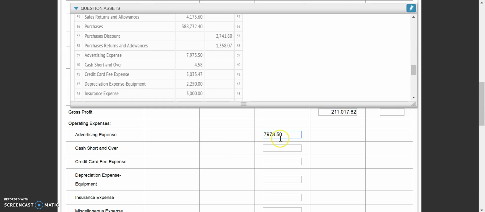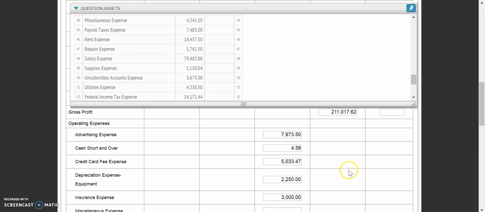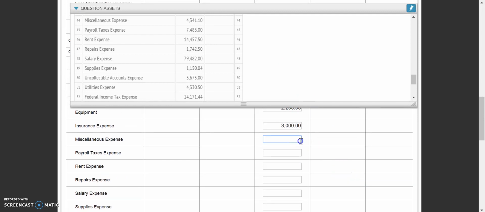$7,973.50, cash short and over of $458, credit card of $5,033.47, depreciation expense $2,250, insurance expense of $3,000, miscellaneous expense of $434.10, payroll of $7,483,